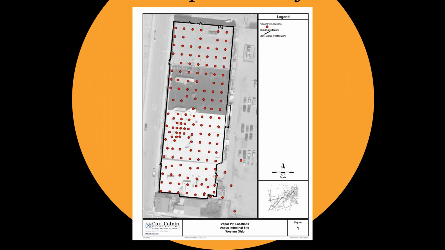Finally, I'll talk about the narrow space facility. This is a facility where the vapor pen was developed. It's in Western Ohio. And the restrictions placed on us, well, I'll back up a little bit. The reason that they needed to understand this was there was a source of groundwater contamination under the building at someplace. They didn't know exactly where, but they wanted to take care of this because if it turns out that